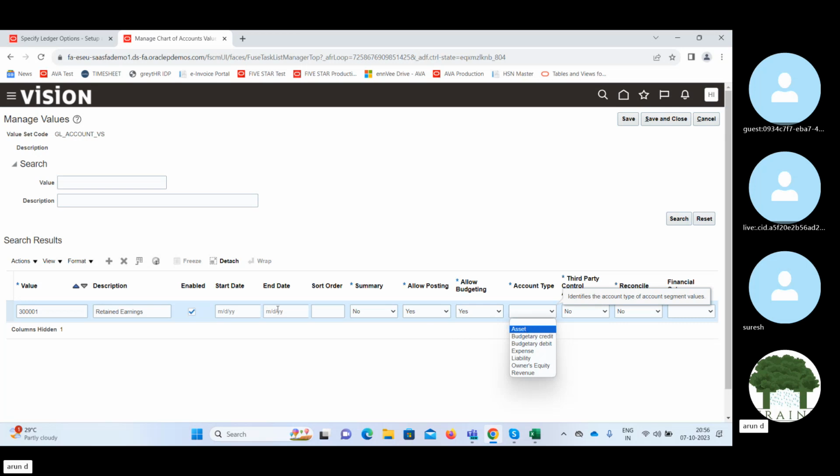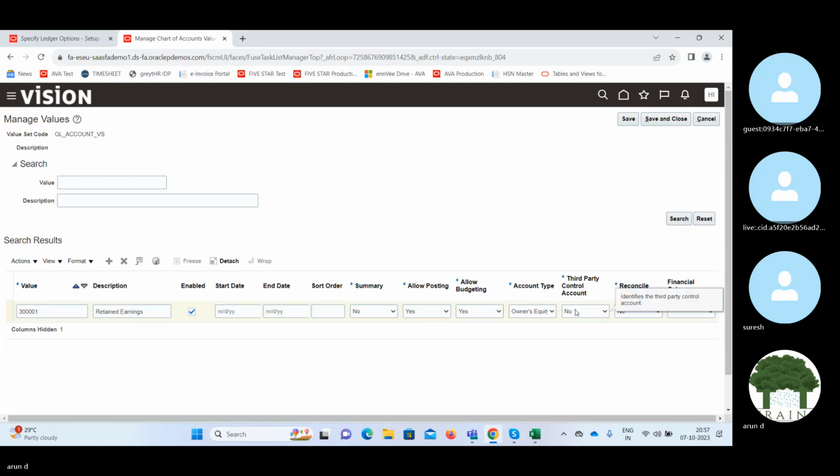Okay. So now you can define whether this is an expense, that is a P&L account, or a balance sheet account. So this is a balance sheet account. I'll say this is ownership equity, or owner's equity basically. Okay, and then you have the third party control account. This is a certain control that you can put in the system. For example, you have the restrict GL manual entry. If you enable this option, no user will be allowed to create a journal entry using this particular account. So that's the purpose of having